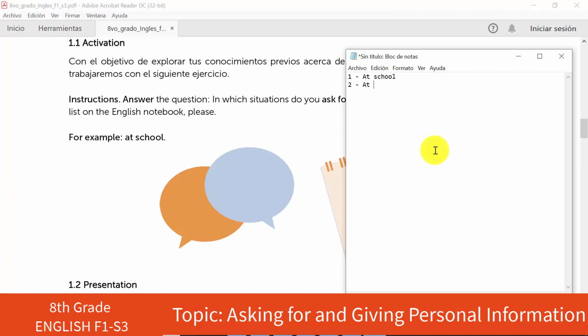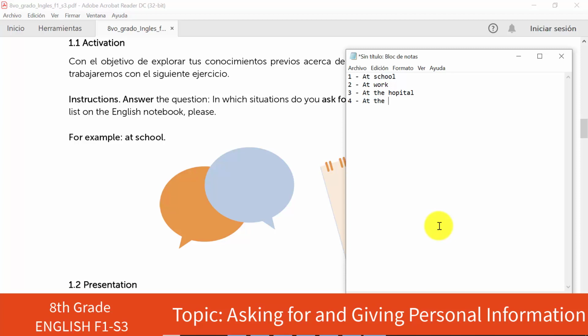At work, okay, at work, you have to give personal information at work, okay. Another example, at the hospital or at the doctor. At the hospital, you have to give personal information, okay. Think about it. Another situation in which you ask for personal information or you give personal information. Another situation where you give personal information, for example,